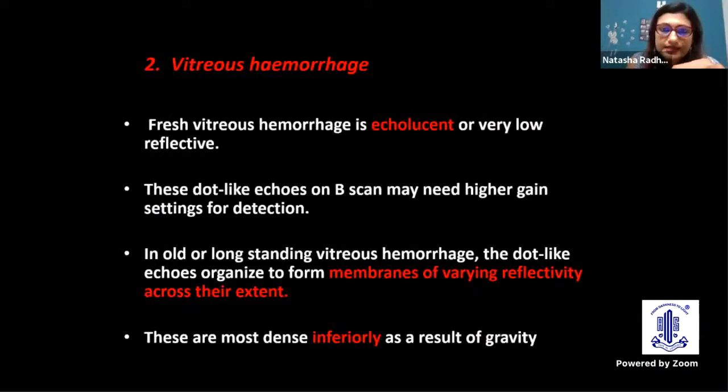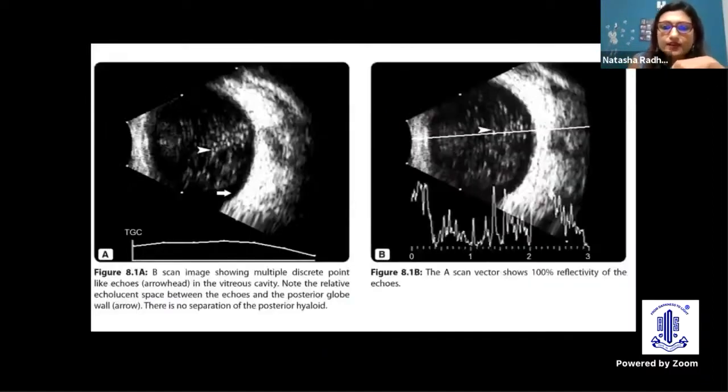Now, the A scan vector at the bottom of the B scan will give you an idea about the reflectivity of the structures in comparison with the retina and sclera, which gives you the highest 100% reflectivity. So every time you should have the A scan vector also underneath, which will give you an idea about how